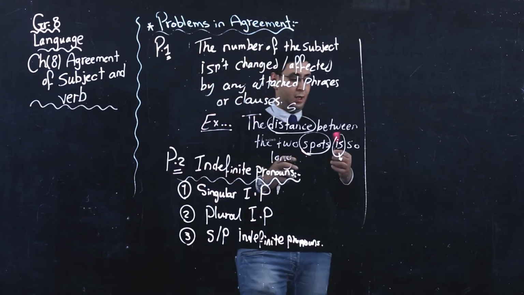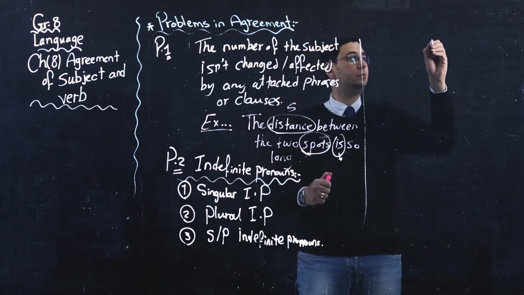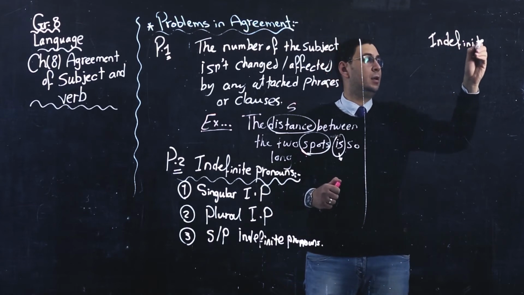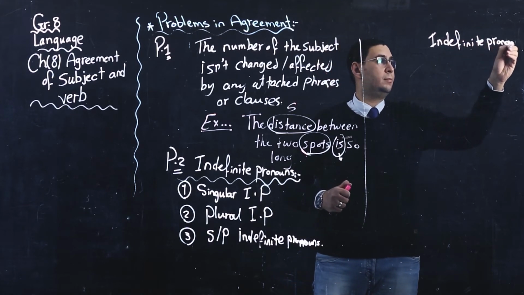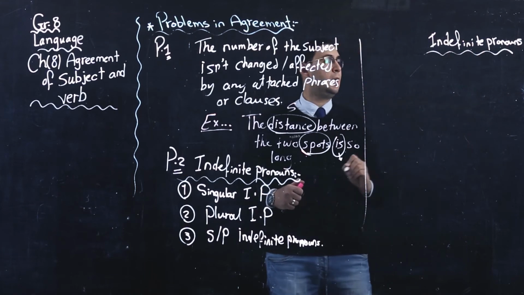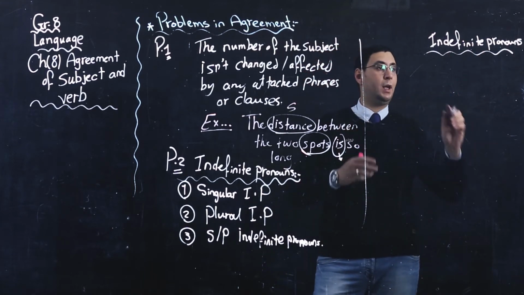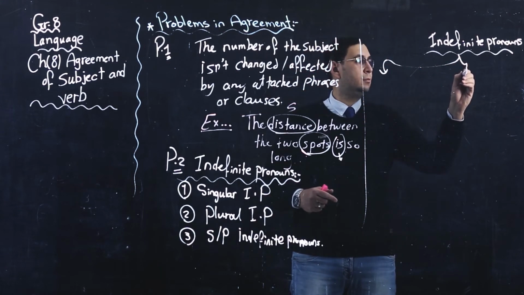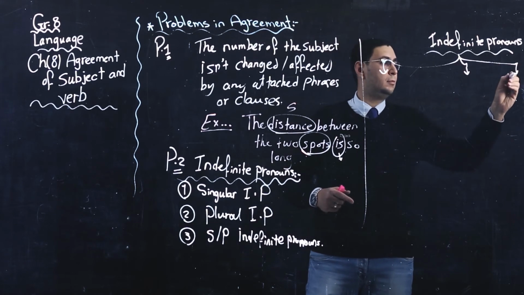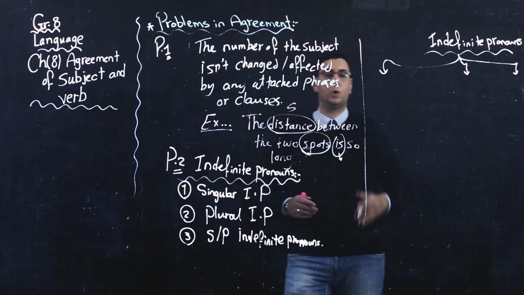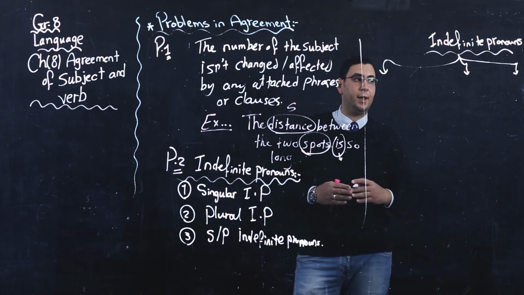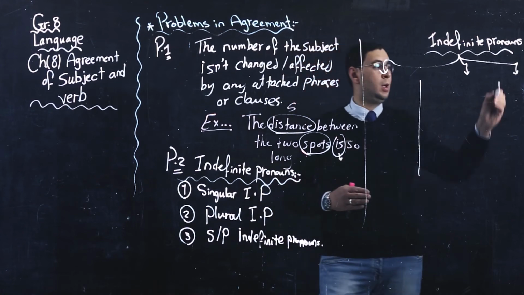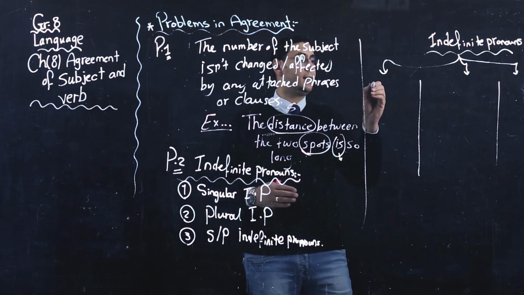If we draw a chart here for this, those are all the indefinite pronouns. And we can divide them into 3 groups here. Okay, so this could be group number 1, and this group number 2, and the third one for sure would be the group which could be singular or plural. So the first one, which is singular